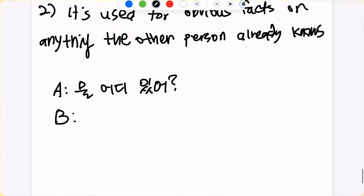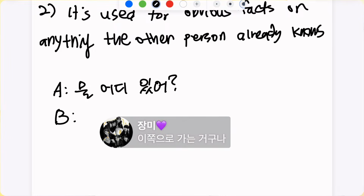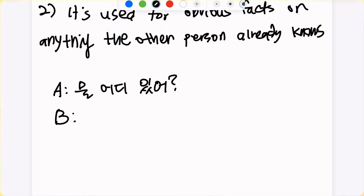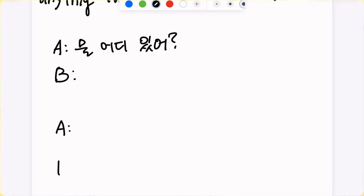그리고 또 뭐가 있을까요? 장민님이 이쪽으로 가는 거구나. 구나로 문장을 만들어 주셨는데 잘 만들었어요. So you're realizing now that you have to head this way. 이쪽으로 가는 거구나. 그리고 자나로 또 어떤 문장을 만들 수 있을까요? 자나. 예를 들어서